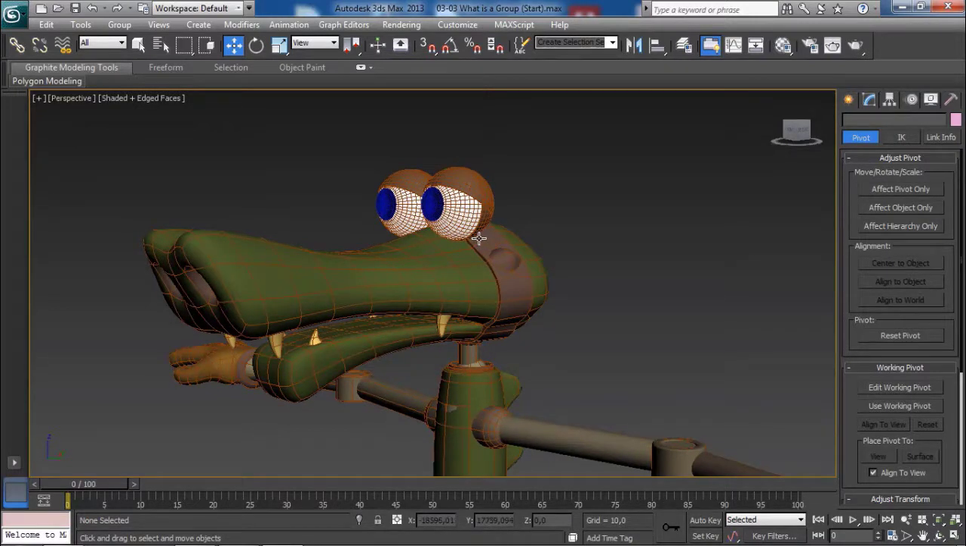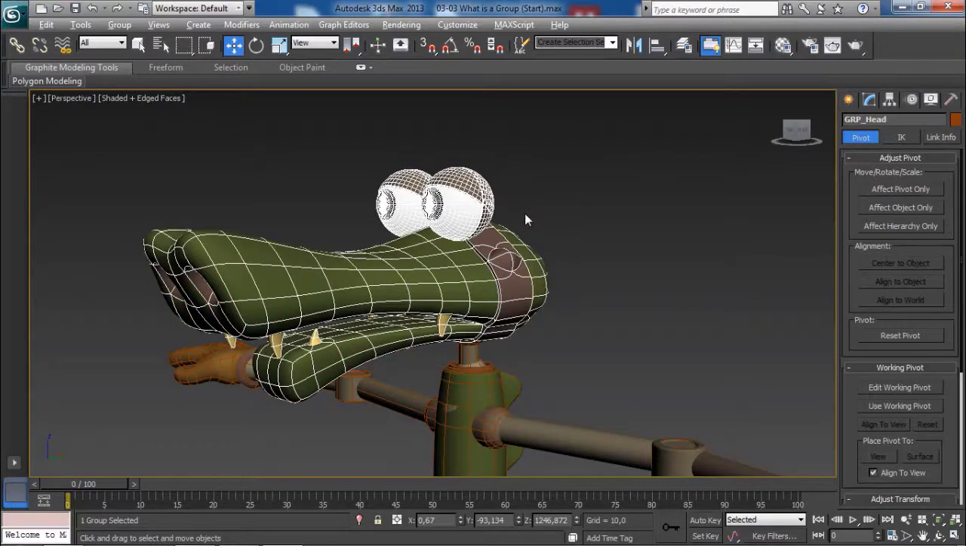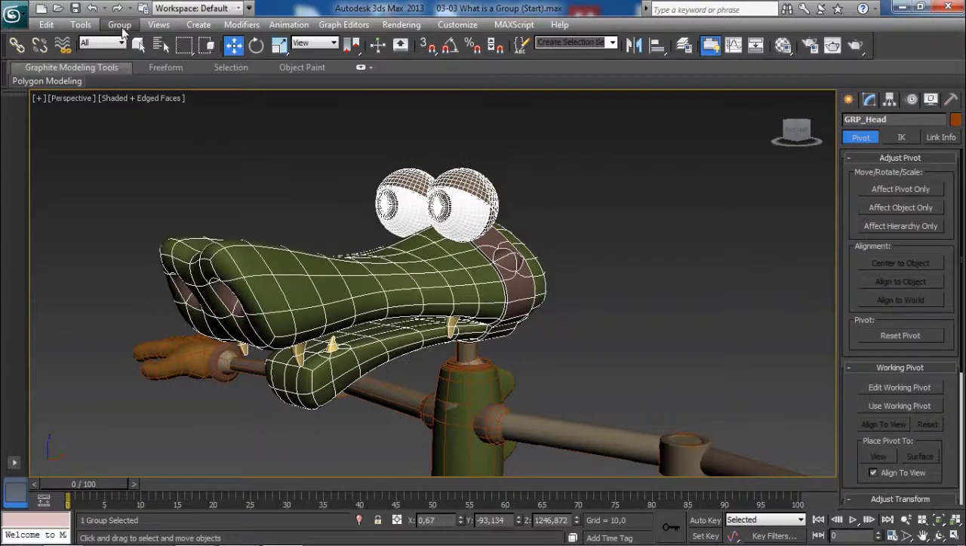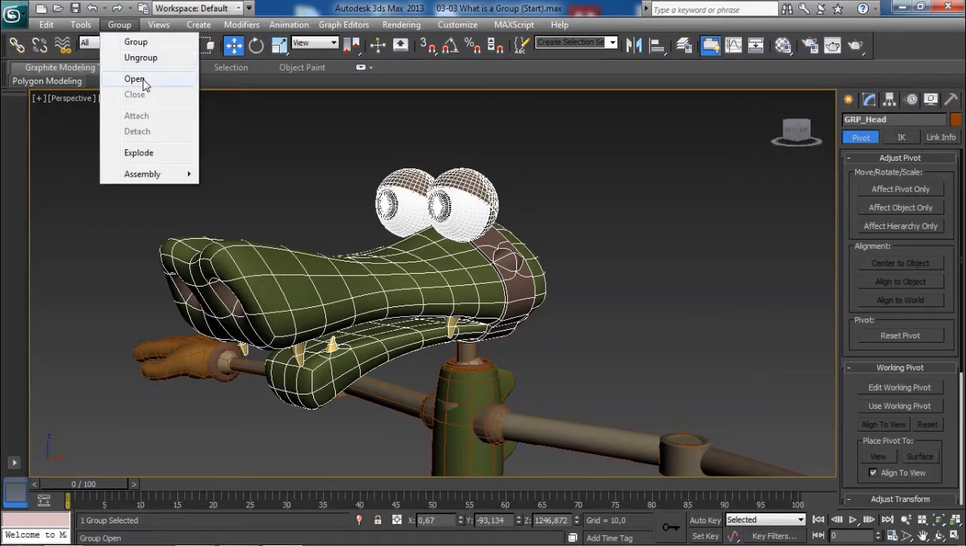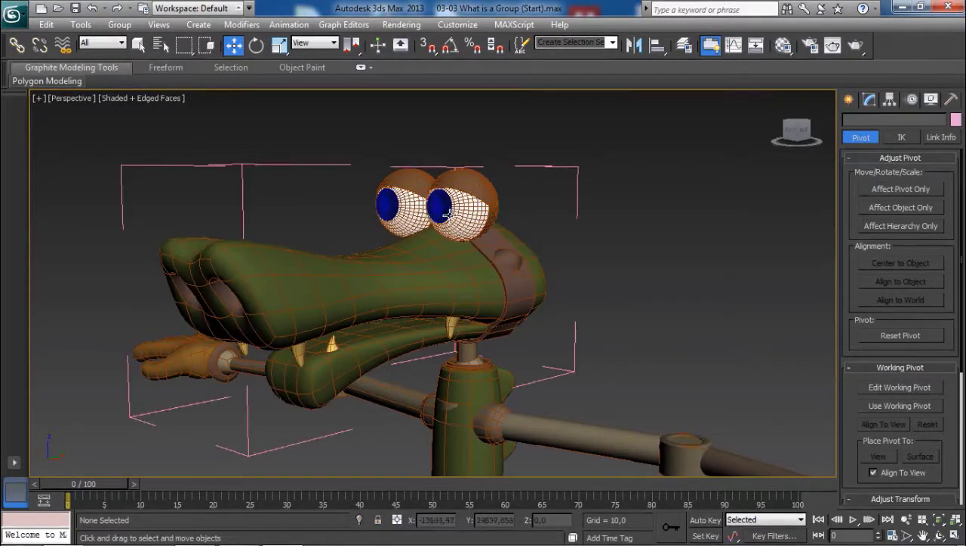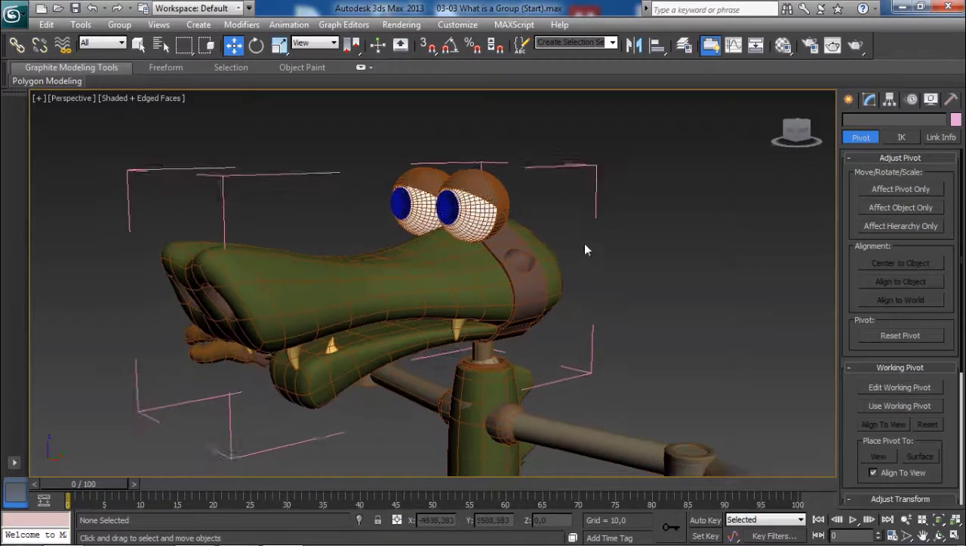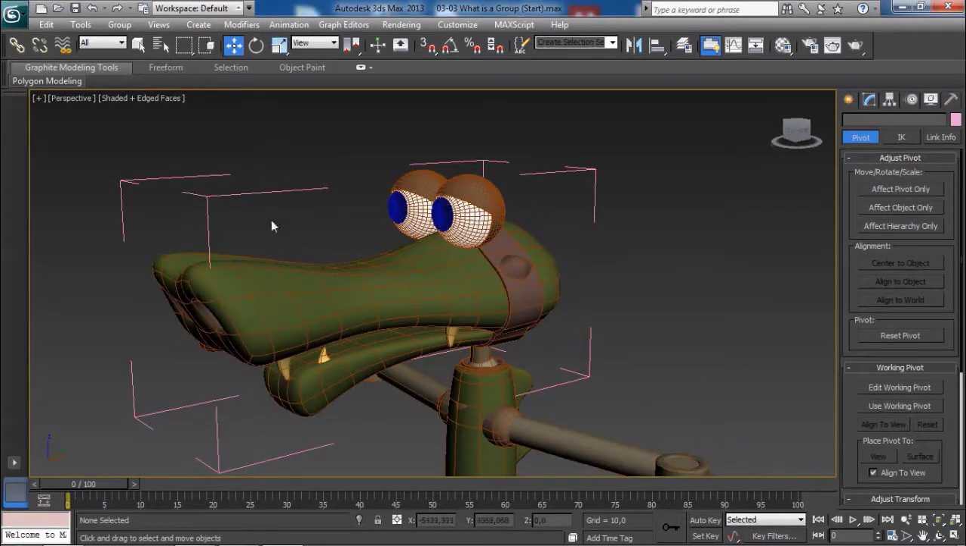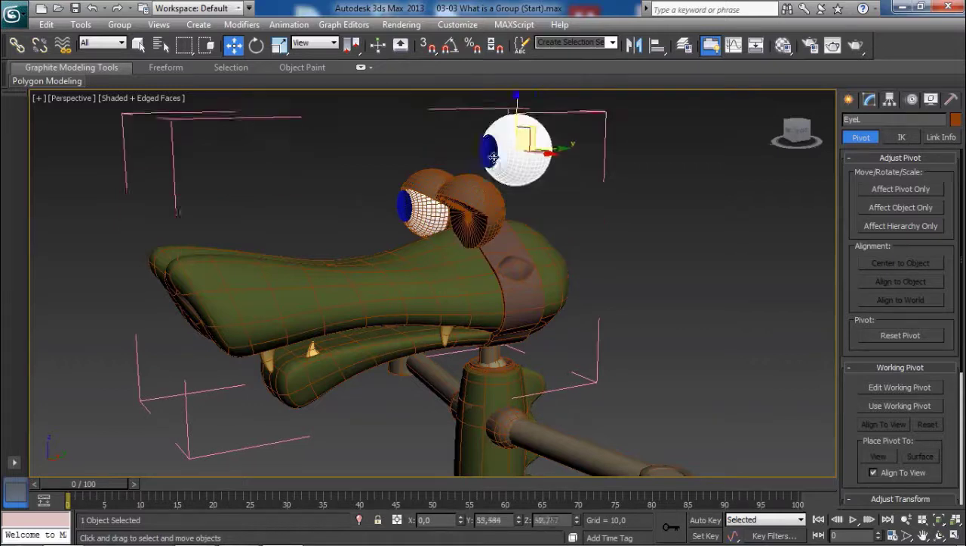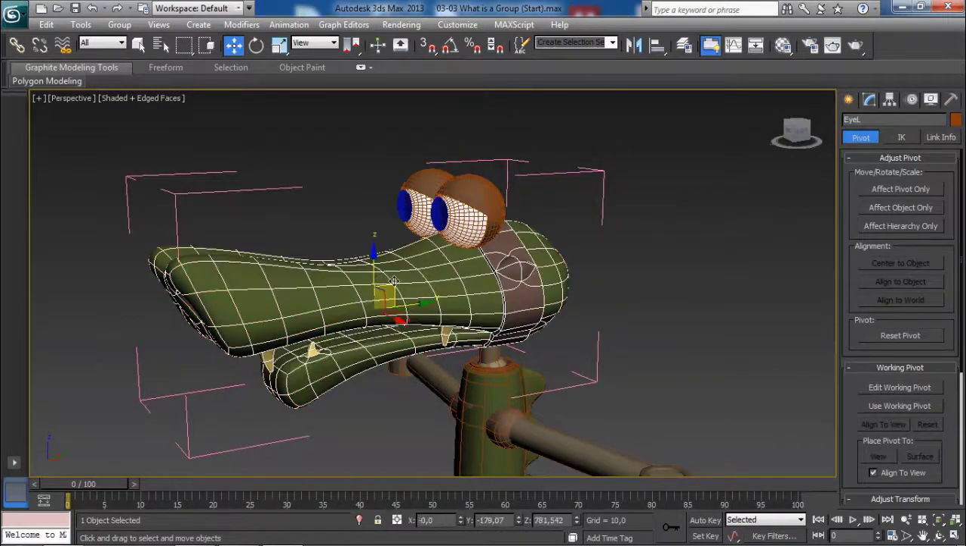Well, to do so, we'll grab the group first, okay? Then under the group menu, we will choose this time open. Now we will have these pink brackets appear over our contained objects that are part of the group. So notice, if we now grab the eyes, we are actually selecting the eyes. As you can see right over here, we have the left eye selected. We can start moving our objects around, as you can see. Also the head model,